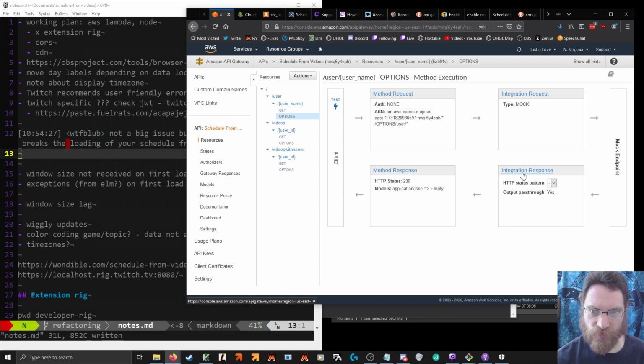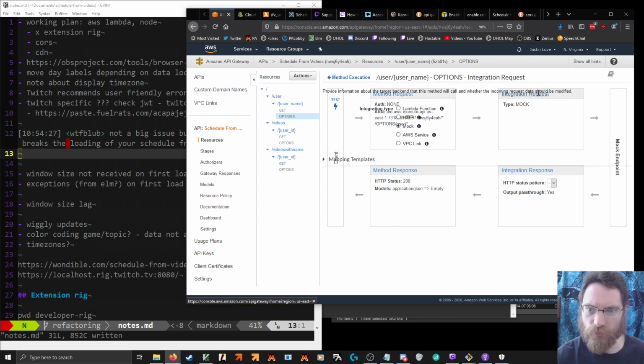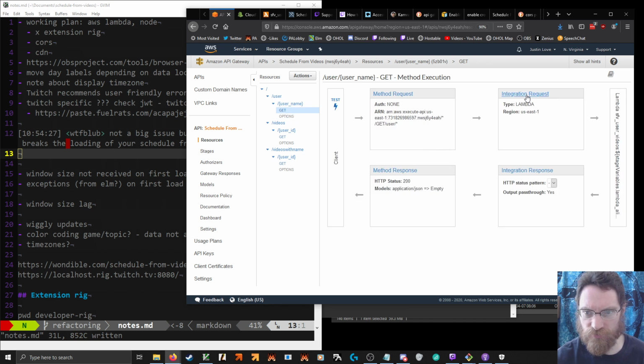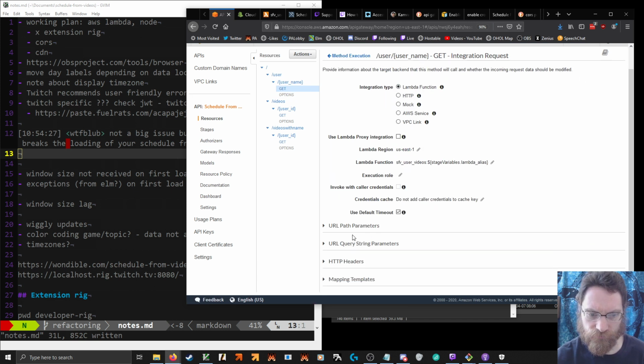So where did we actually implement, that would be integration request? Well, no, you're a mock. Stage variables dot. And that's that thing.